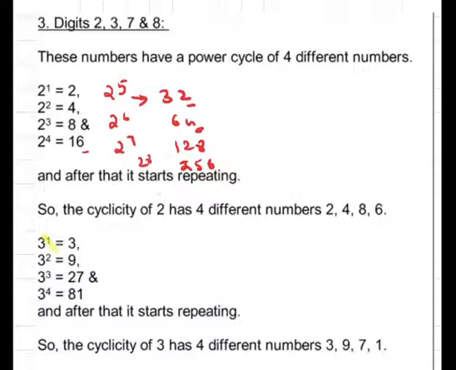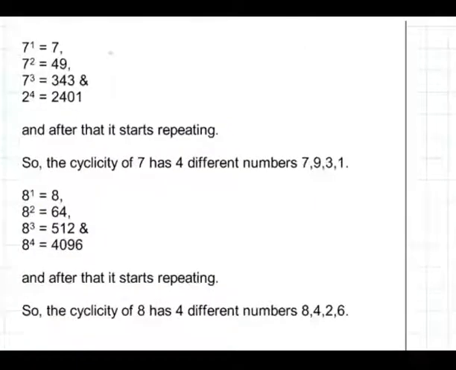The same conditions you can see for 3 also. Whenever it is ending in 3, it is following a pattern of 4 again. The cycle repeats after 4. You can see here that 3, 9, 7, 1 are the last digits you get, and after this again it's going to repeat as 3. The same condition is for the next one. Next you're going to see 7 power 1, 7 power 2, 7 power 3 or 4. You can see that it is repeating as 7, 9, 3, 1, and after that it will go back to 7 again. So therefore this is repeating after 4.